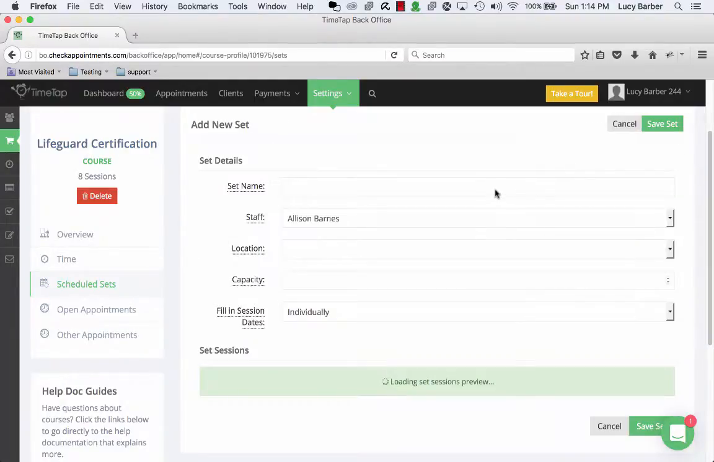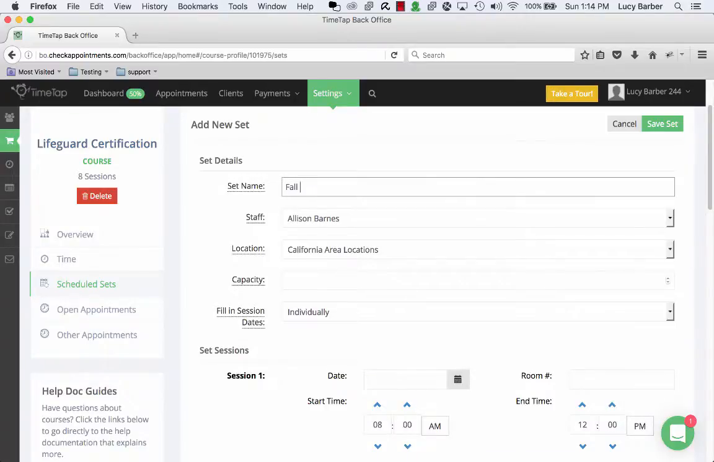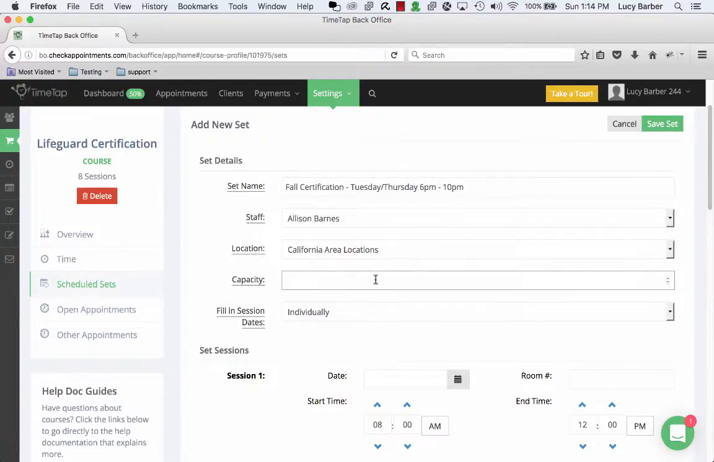So we'll add in a couple sets here just to see the difference. We'll go ahead and add that new set, and we're going to call this Fall Certification Tuesday, Thursday, 6 p.m. to 10 p.m. So we'll see where that shows up. We're going to assign this to our California area location, and we'll put the capacity at 15 clients can register